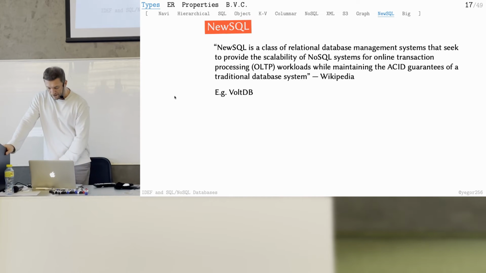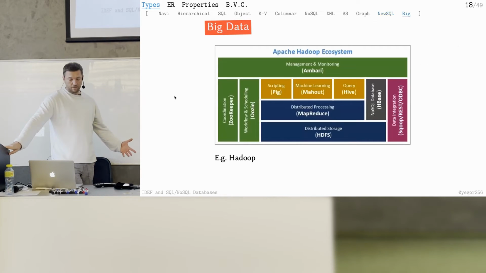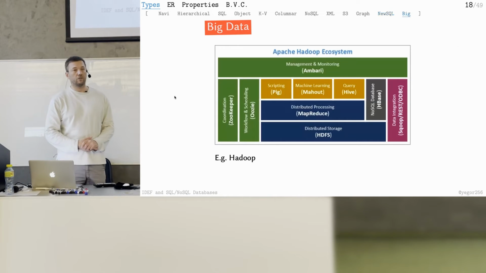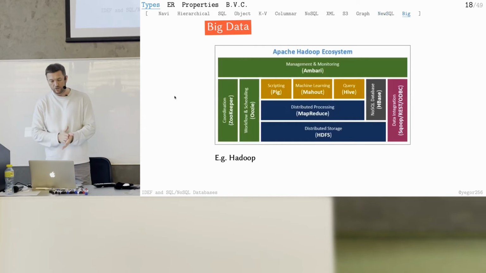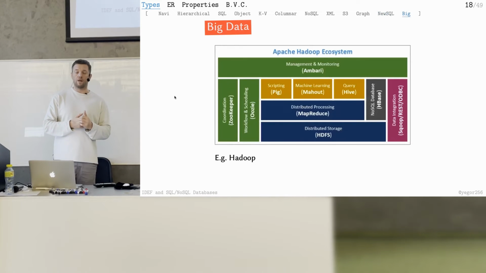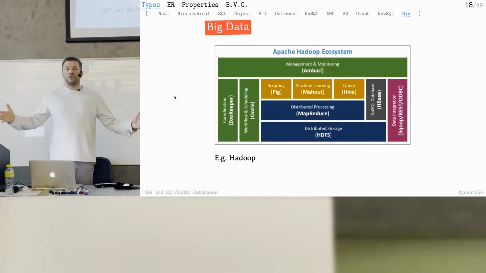It's a trend. And the final step is big data. Big data is also very trendy now. Big word, big data, something great. Hadoop is probably the most notable example. Apache Hadoop is a framework which enables this big data. What is big data? Basically, the core idea of big data is that you have a large stream of data.